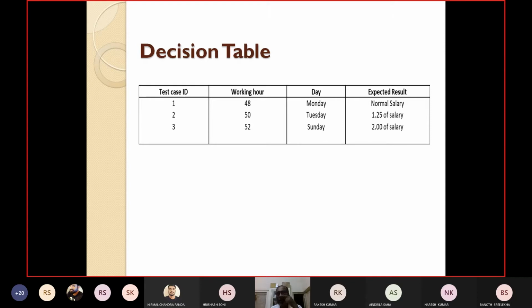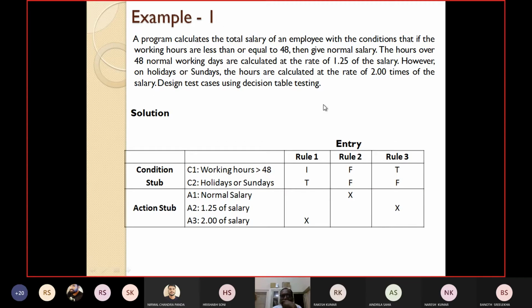So now I can choose values randomly. If it is less than or equal to 48 and it is a working day, which rule should I follow? It is less than or equal to 48 and it is a normal day.